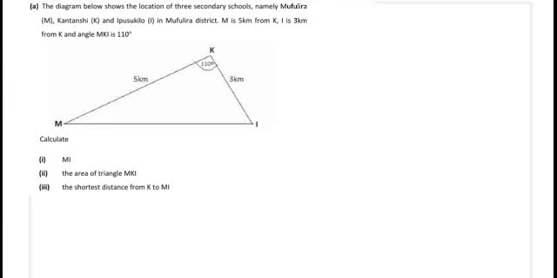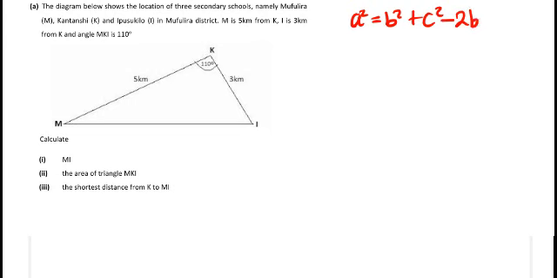In this video, we're going to go over trigonometry, and then we are going to focus on three things. In finding the distance, we will be using the cosine rule formula, which is a squared equal to b squared plus c squared minus 2bc cos A. We must know this formula, and also when finding the area, we'll be using the formula area equal to 1 over 2